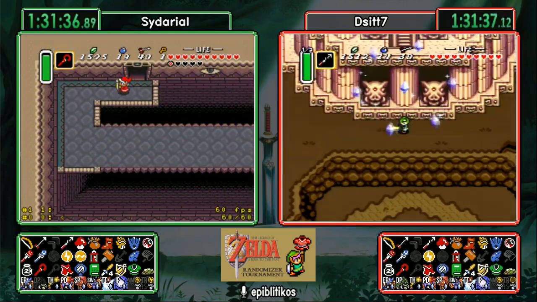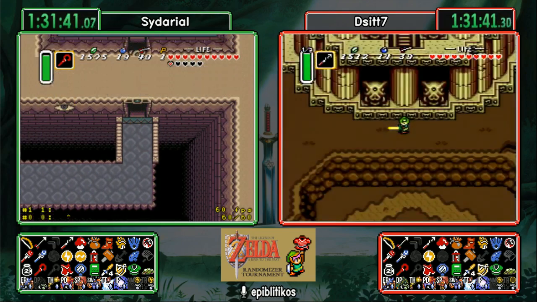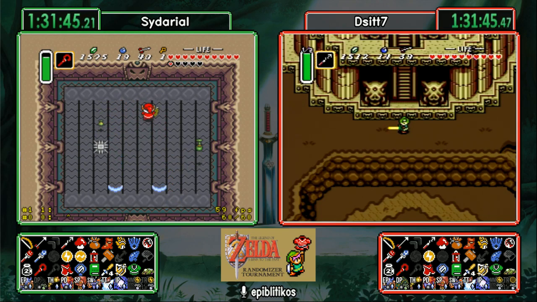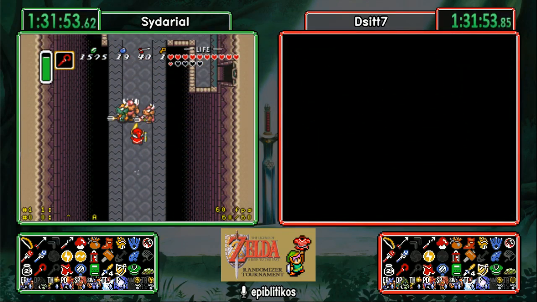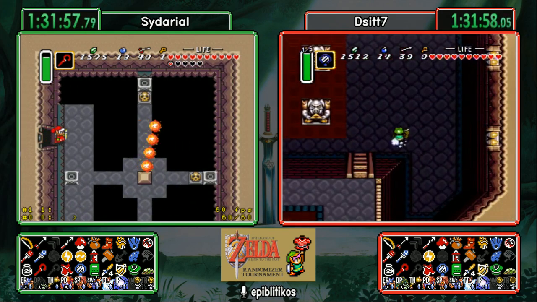Solid shot from the King of Samaria to take care of those Wizrobes. I will say it is a thing you don't often see, that those Wizrobe rooms are done without at least an attempt at the... And just decimating the collapsing bridge in this case. And we'll see if